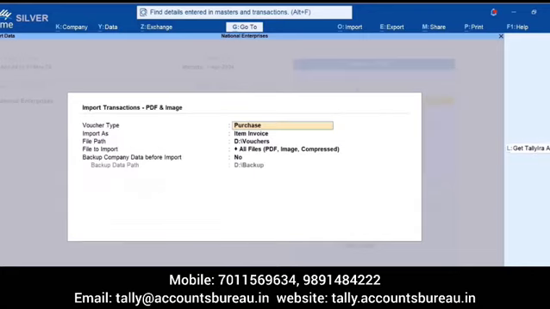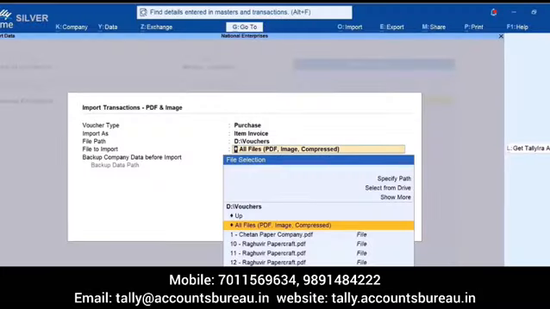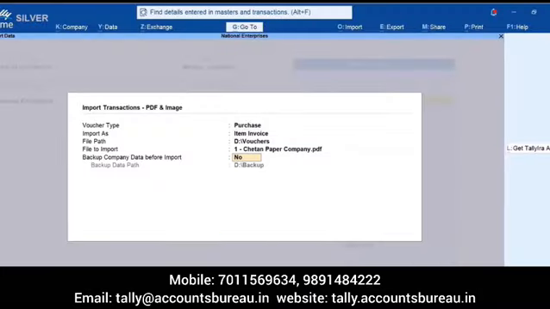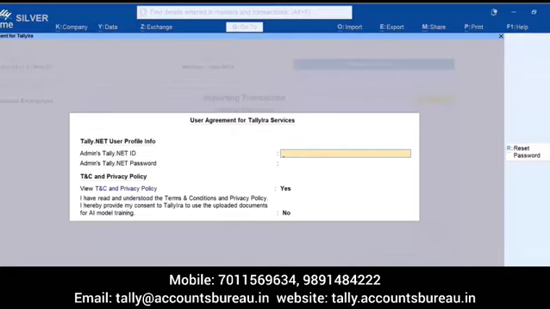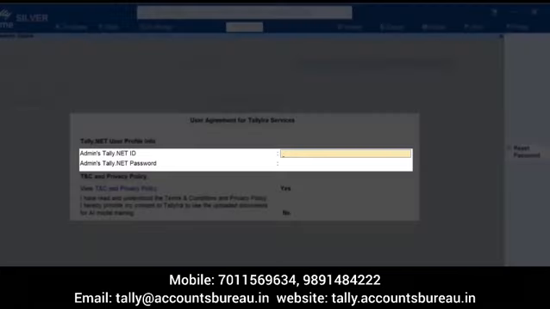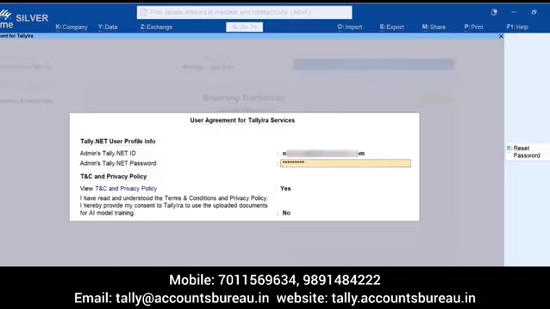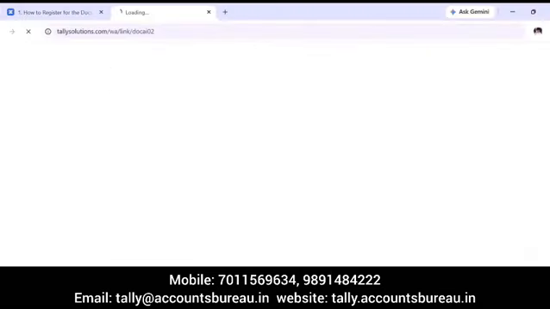Specify details such as voucher type, voucher mode, and file path, and then select the file you want to import. To agree with the terms and conditions and provide consent, enter your Tally.net username and password. Let's view Terms and Conditions and Privacy Policy.